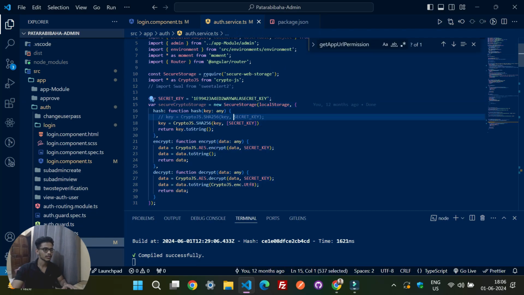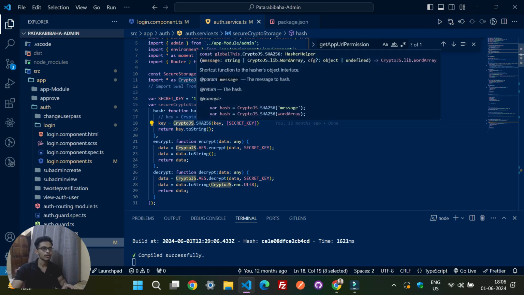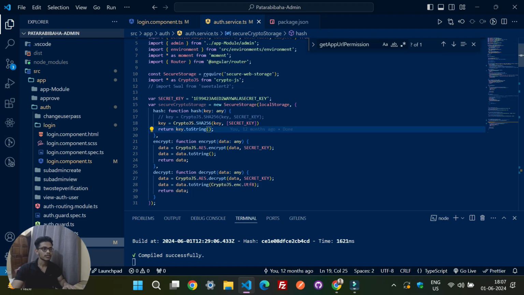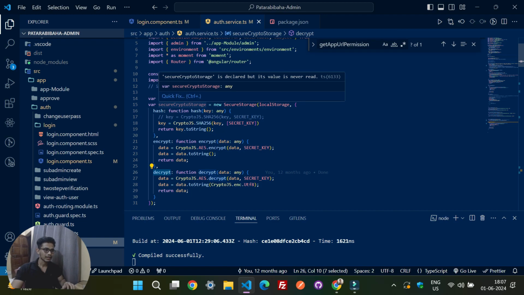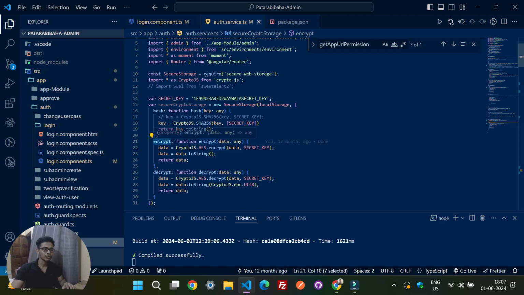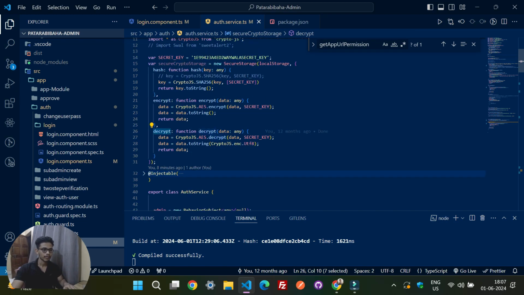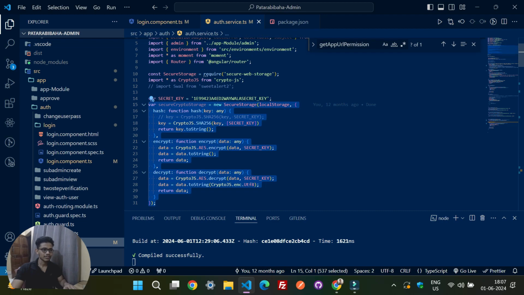Once you've done this, you acquire the CryptoJS and give the algorithm you want to use for hashing the data. You implement two methods: one is encrypt, one is decrypt. With the encrypt method you are able to encrypt the data, and with the decrypt method you can decrypt the encrypted data. You just add this configuration like this, and this is one object.